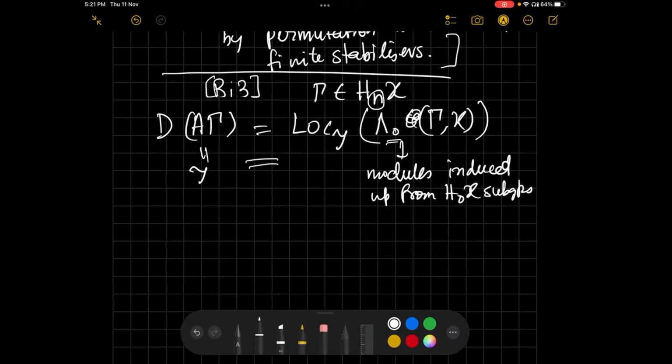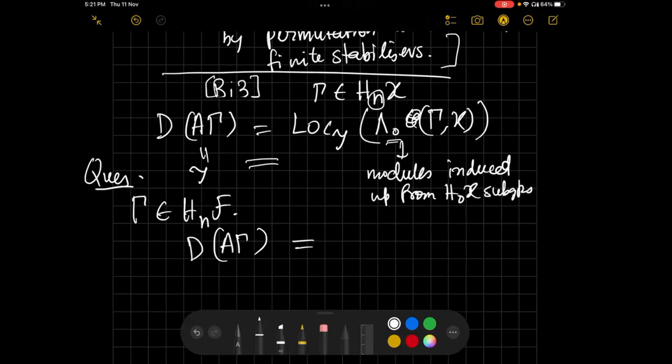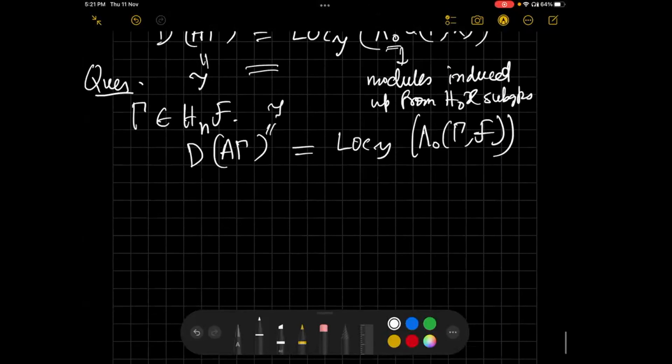So the thing is, just this isn't enough to characterize H_1 F groups, like if you have F, the class of finite groups, in place of X. But this is a question: if I tell you that my group is in H_n F, and I tell you that this is satisfied, Lambda 0, modules induced up from finite subgroups, that class generates the whole derived category with coproducts, and I tell you that the injectives generate as well. So I give you 2 generation constraints.